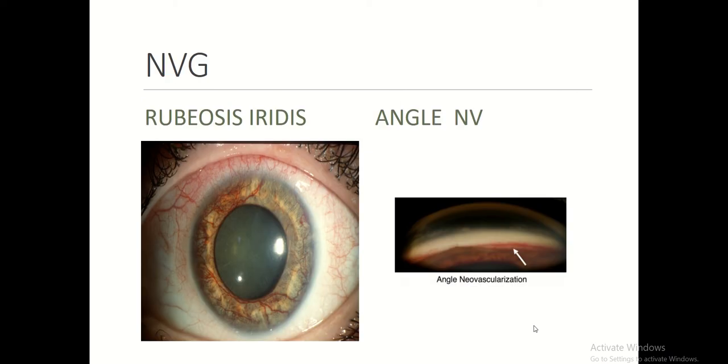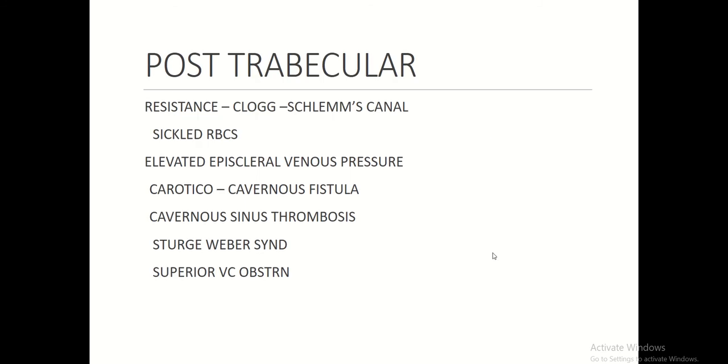So where do you get this kind of abnormal tissue? For example, in a patient with neovascular glaucoma, you get these new vessels which are present over the iris. These are all new vessels over the iris, not the normal vessels. It is called rubeosis iridis, and you can also see new vessels over the angle. Initially these new vessels will be going across an open angle. They will be interfering with filtration. Later on what will happen is there will be a fibrovascular membrane formation, and once this fibrovascular membrane contracts, the iris gets opposed to the cornea, permanently sealing off and closing off the angle of the anterior chamber, right?